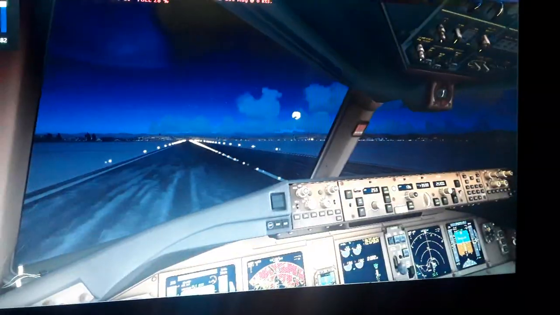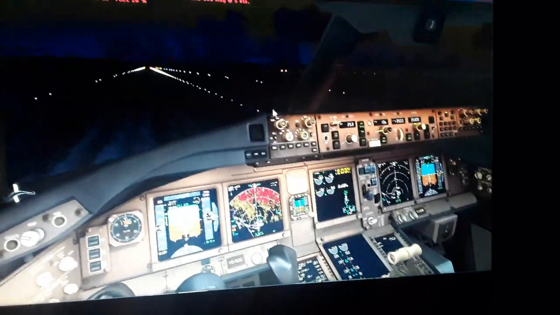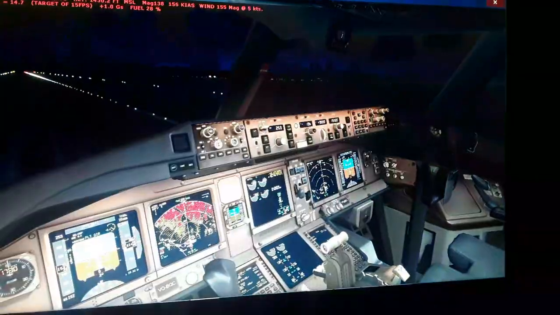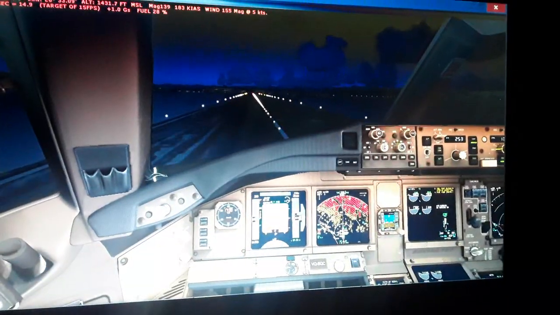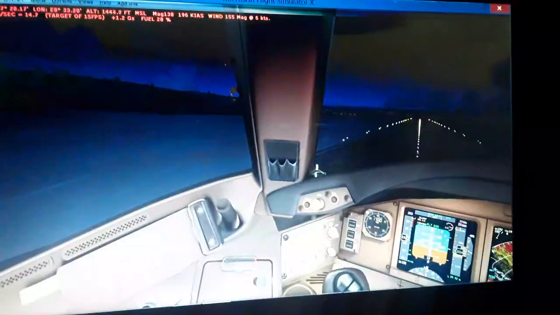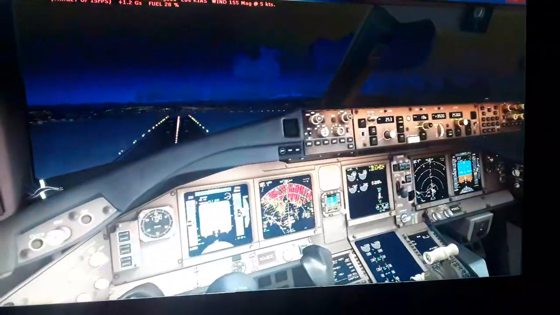So we have about 20 more minutes. V1, we rotate, we start the rotation smoothly like this, and V2 we take off. So we have a beautiful takeoff,